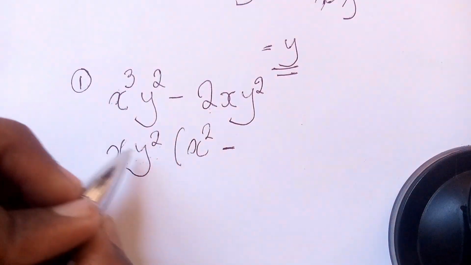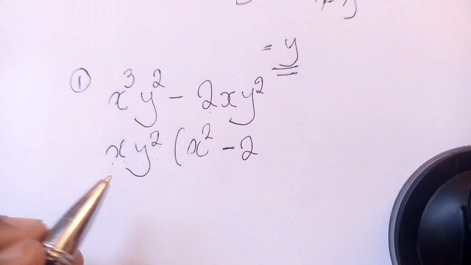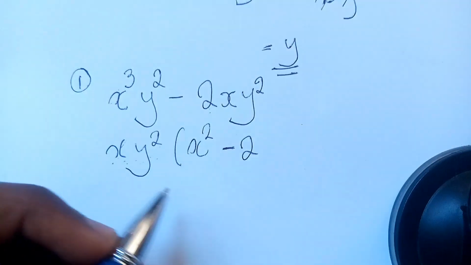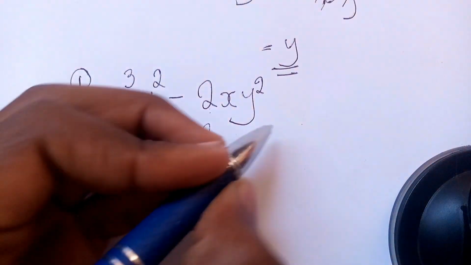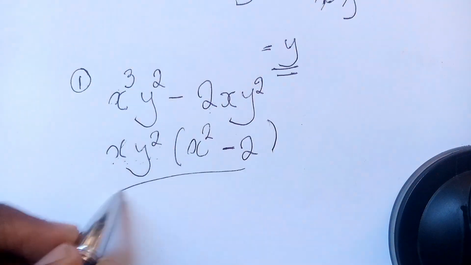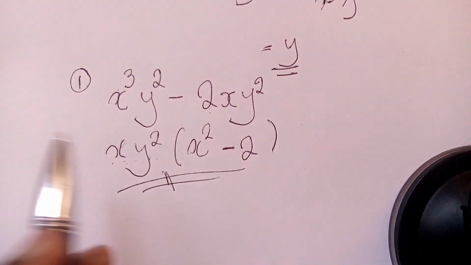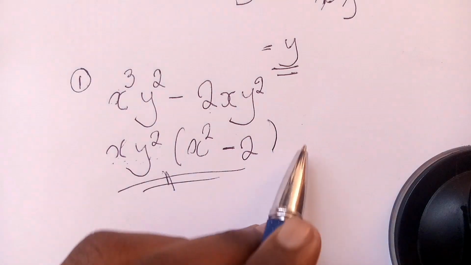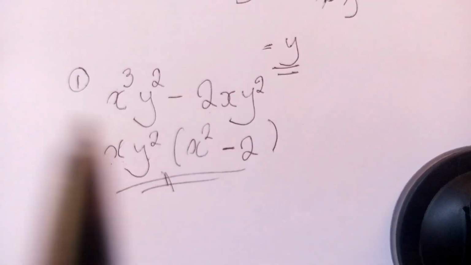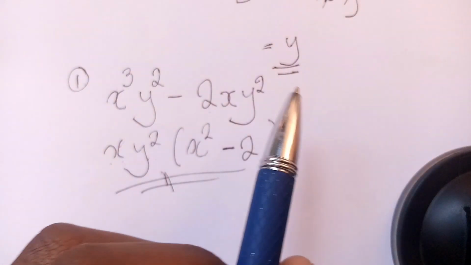Since we have no 2 there, it's obviously going to be a 2. Then x and that x would cancel, y squared and that y squared would cancel. So our factorized term will be xy squared, open bracket, x squared minus 2, as our factorized version of common factors. Well, I hope